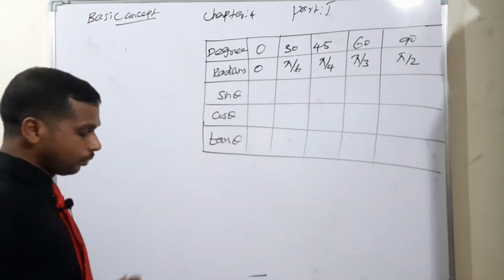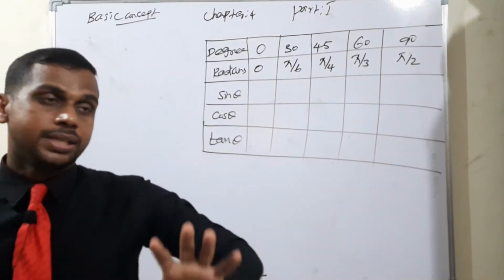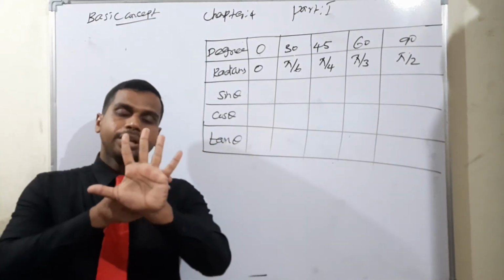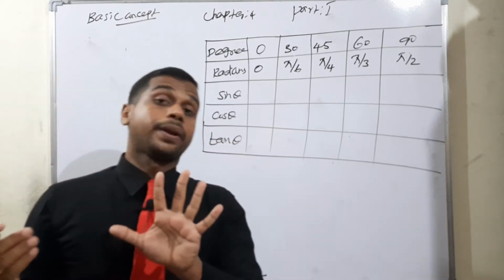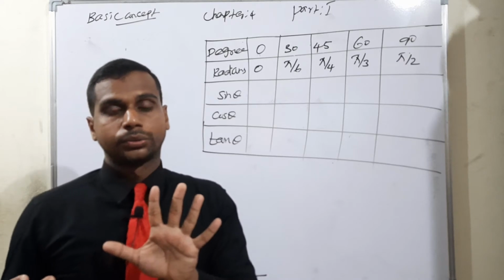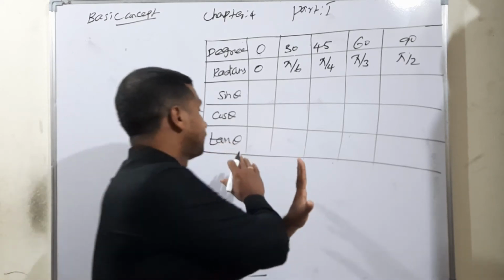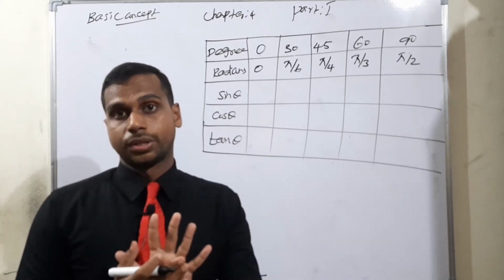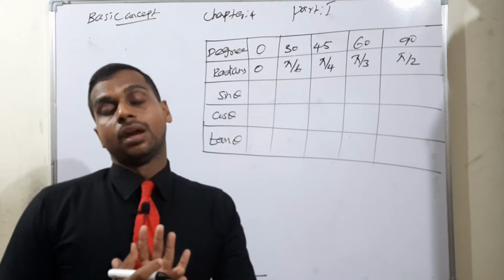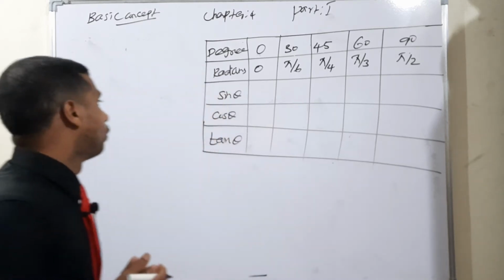So now how to find out sin theta? Already I told you, each and every value of the table, we have in our fingers. So there is no need to draw a table in your answer sheet. If you have it thoroughly in your fingers, you can attempt whatever type of table questions come, because some one-word questions are also possible. So how to find the degrees and the radians, you can utilize your fingers. Let's see one by one.